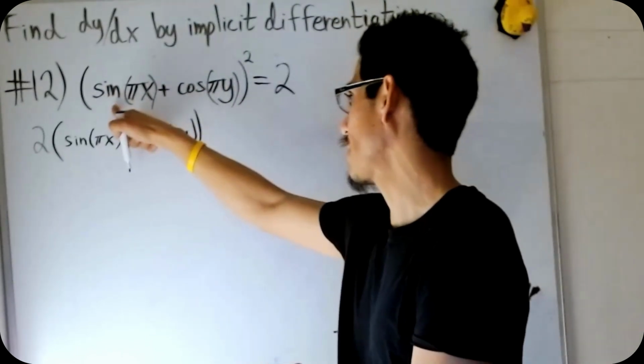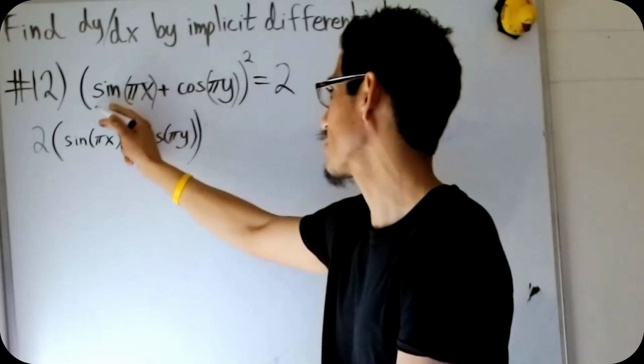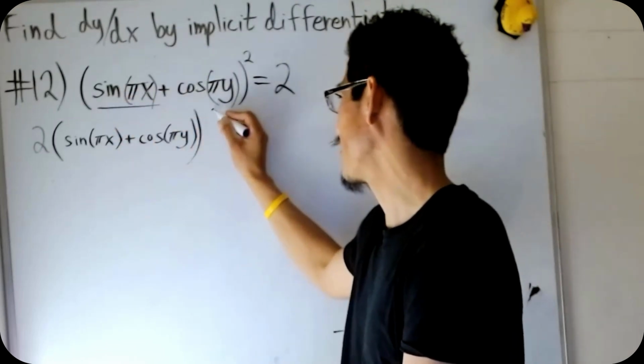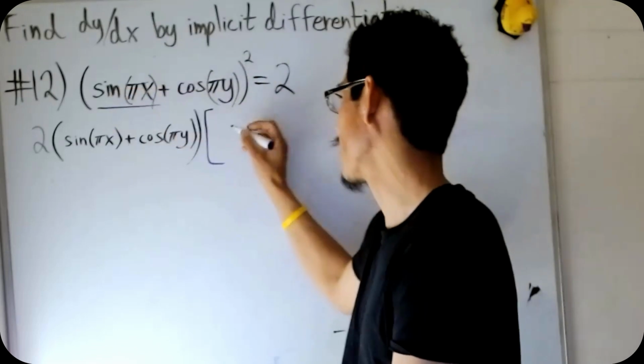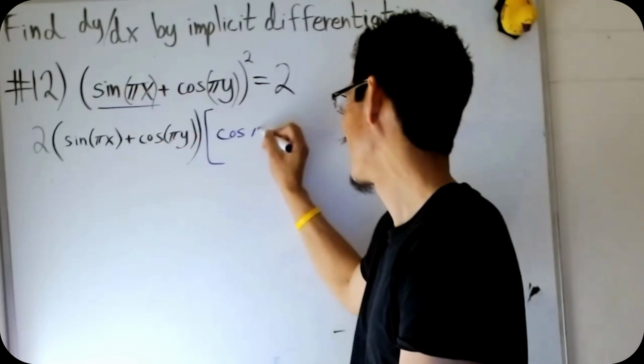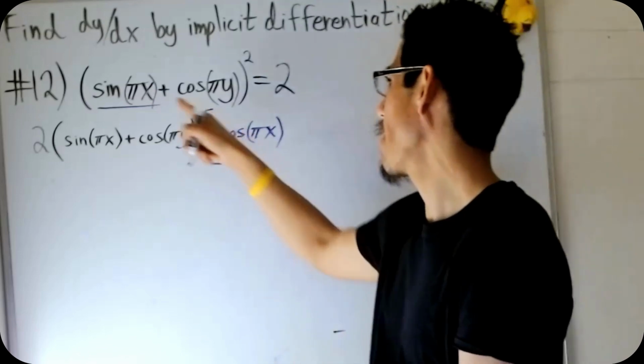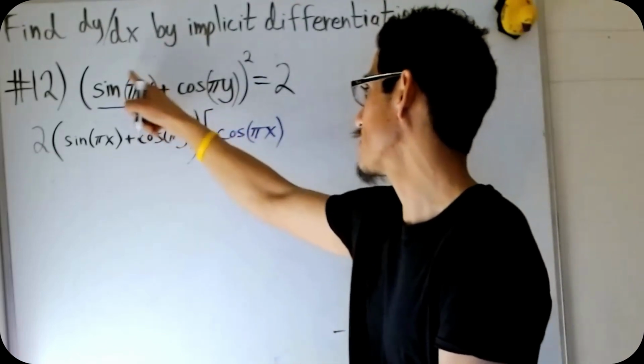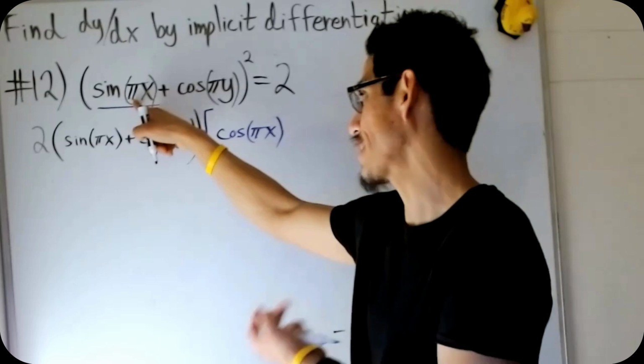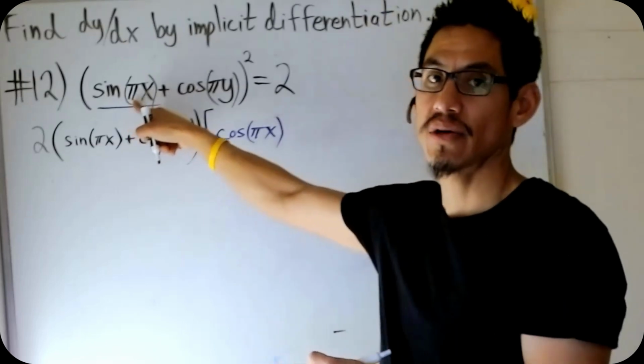So let's multiply by the derivative of the sine function, which will be the cosine function, so the cosine of pi x. And then we also need to multiply this by the derivative of pi x, which will just be pi,